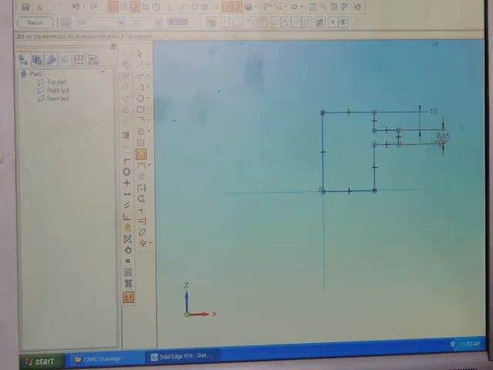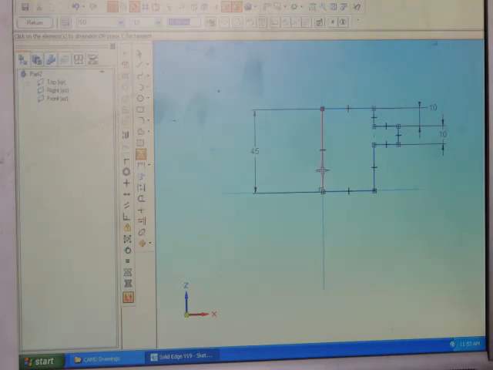Again this distance is 10 mm. Overall height is 45 mm. So then upper diameter is 90 mm, but we are here in revolve protrusion. So take the radius. So instead of 90, you should take it as 45.